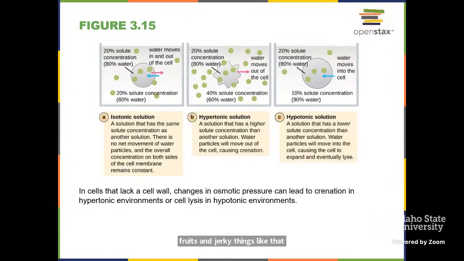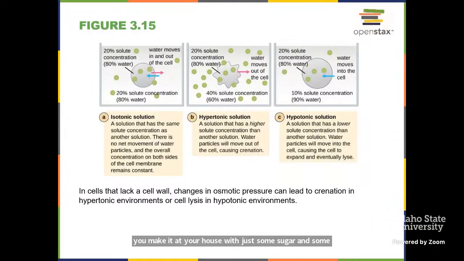Pickling is another situation where it's hypertonic, and it makes it so that those bacteria typically can't survive in those circumstances. There are some potentials, like maybe preserves, jams, or jellies, especially things that you've produced at your house. Oftentimes things that you buy at a supermarket have preservatives that are preventing things like molds from growing. But if you make it at your house with just some sugar and some fruits,